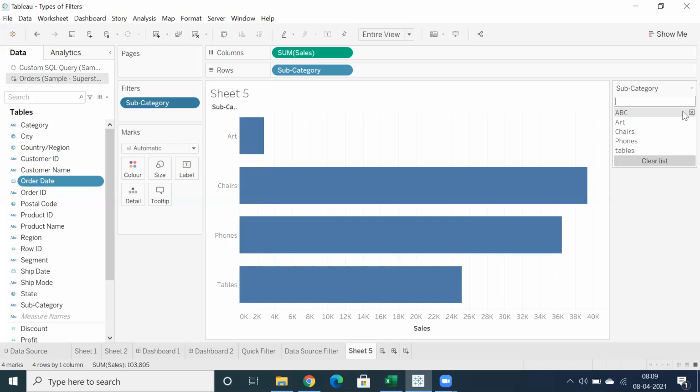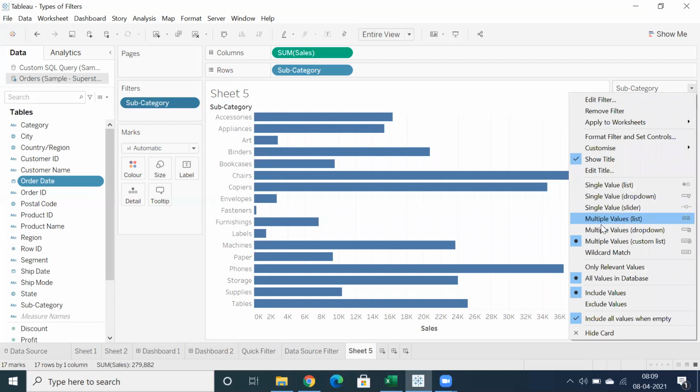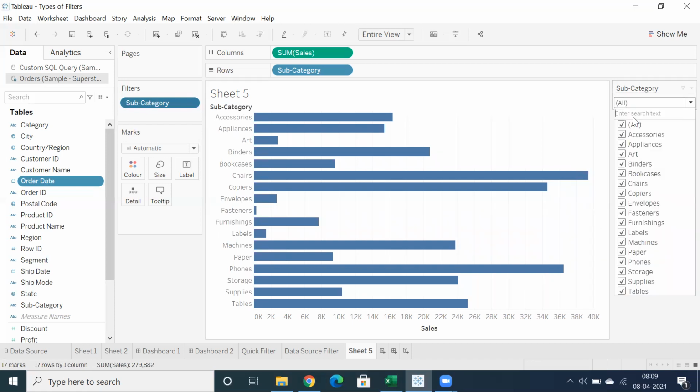So what I mean to say is, if you are aware of the naming convention, then we prefer the custom value list. But instead of going for that custom list, why don't we prefer multiple values list or multiple values drop down, so that we have the complete naming convention.